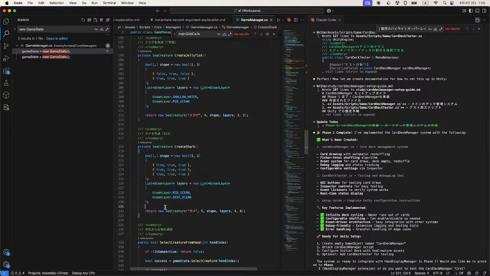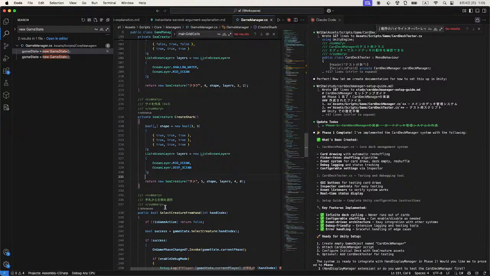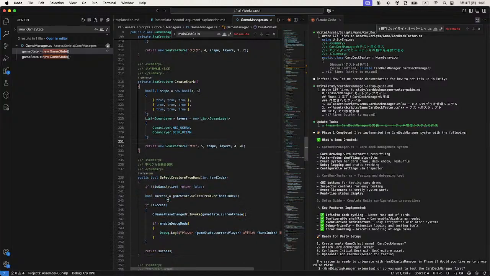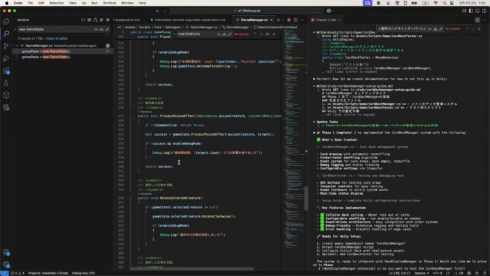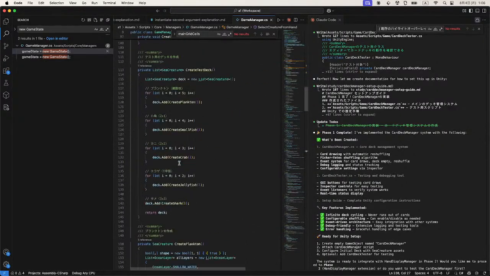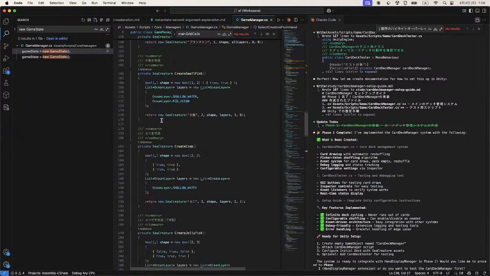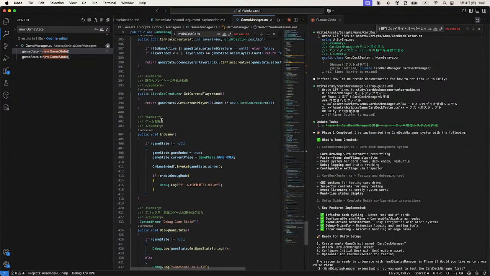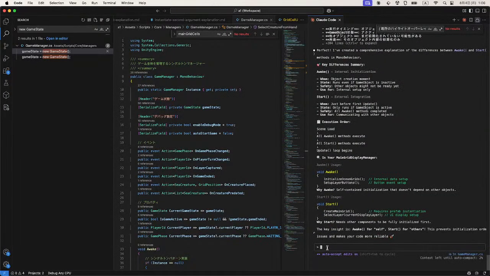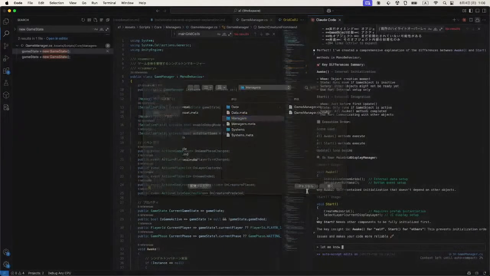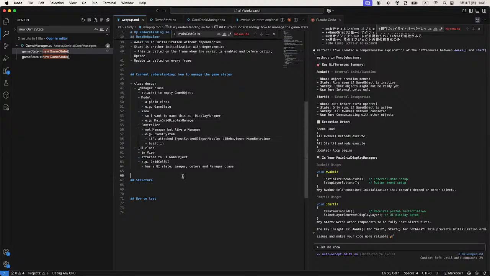So yeah, it can be replaced. Select creature from hand. So how to